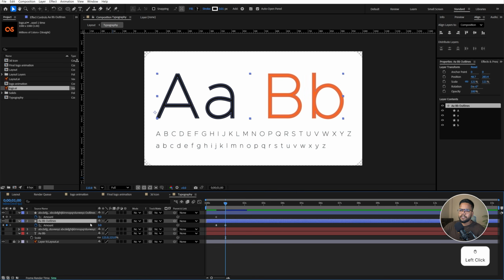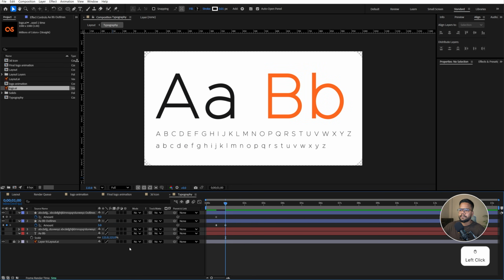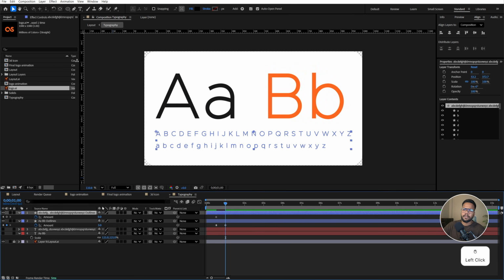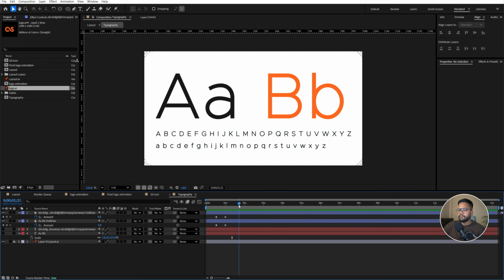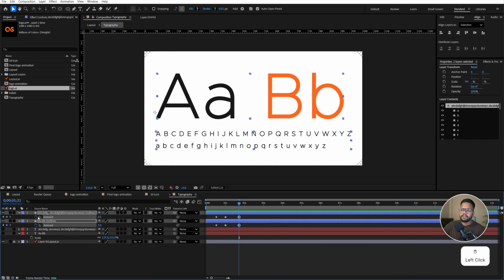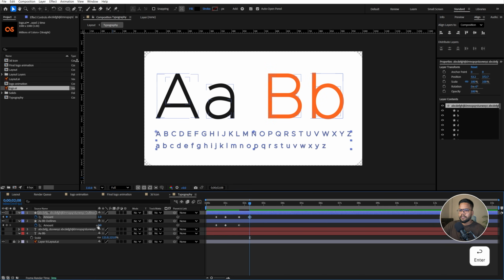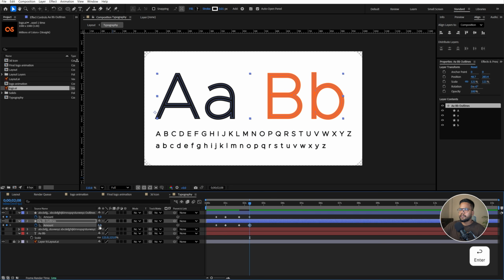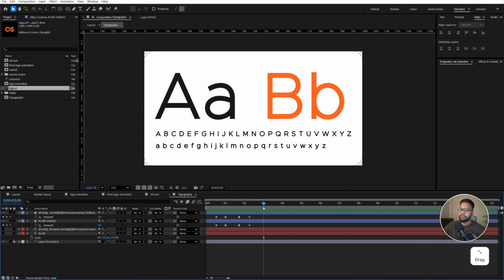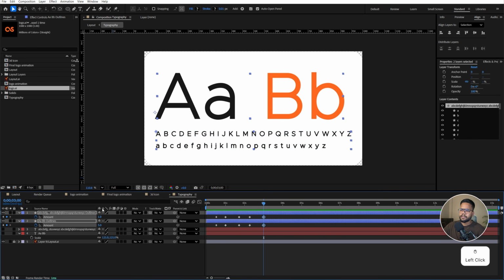And go to the 1 second and expand the amount and make the first 3 and this one and make the second one 0.5 and go a few seconds forward, add both of these keyframes and go again a few seconds forward and make this amount value 1 and this value I think 5 is good, and go again a few seconds forward, add both of these keyframes and go again a few seconds forward and make this amount value 1.5